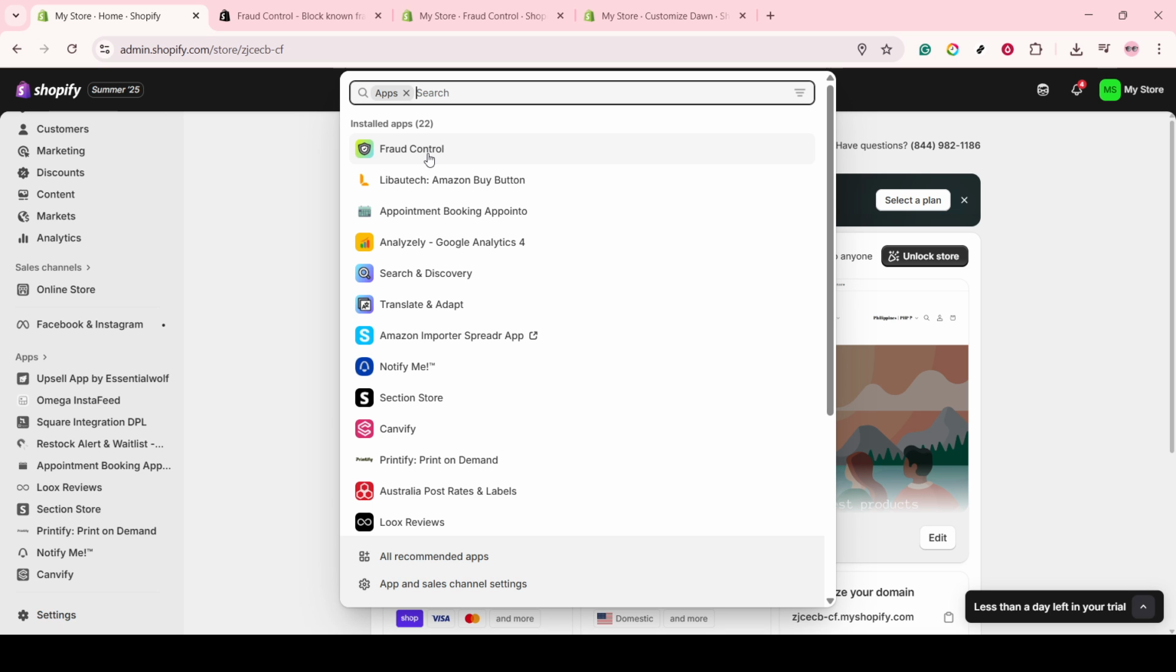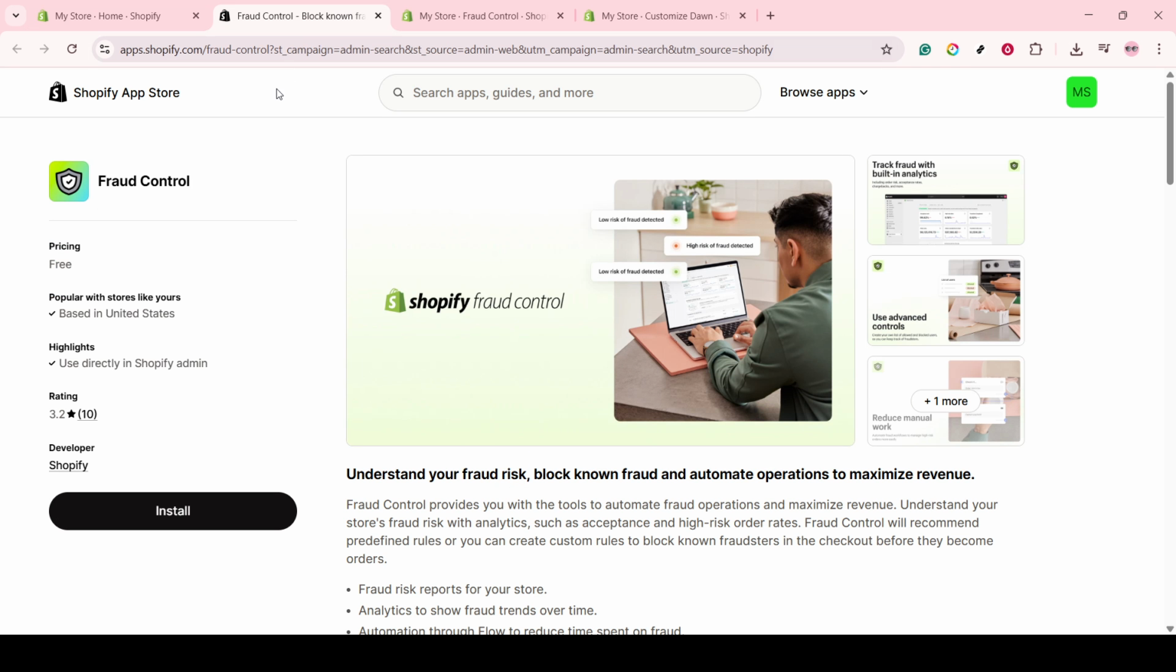In the search bar, type in Fraud Control, or look for an app with a similar purpose. As you begin typing, Shopify will suggest various applications, so feel free to explore the options presented to you. While there are several apps available, look for ones that have strong customer reviews and a proven track record of effectiveness. When you've identified an app that fits these criteria, click on it to learn more about its features, pricing,